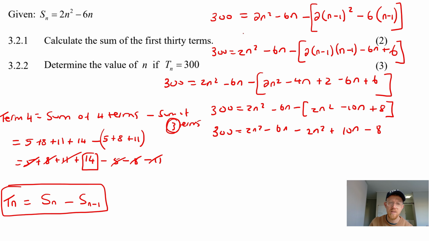It's very important that whenever you minus a term in maths, you always put it in a bracket. Okay, if any of you are getting this incorrect, it's probably because of that. And so minus 6n plus 10n is going to be 4n and then minus 8. And so 4n is going to be 308. And so n is